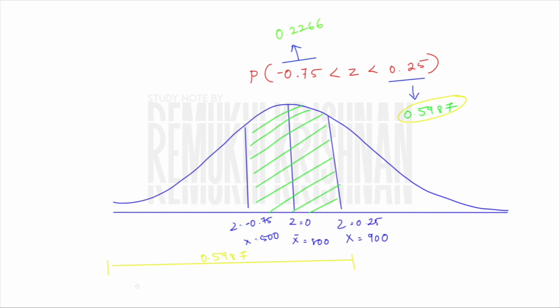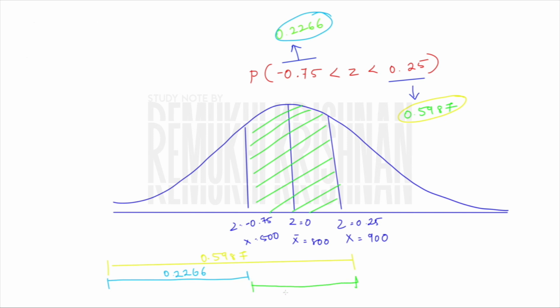If you are going to put the shading, there are three curves you should be putting. First you should be shading for 0.25, this entire yellow line, to be shaded from the starting of this yellow line to the end of this yellow line. Similarly, when you are shading for z equal to minus 0.75, you have to shade this blue line. So the area to be found is nothing but the area in the green.